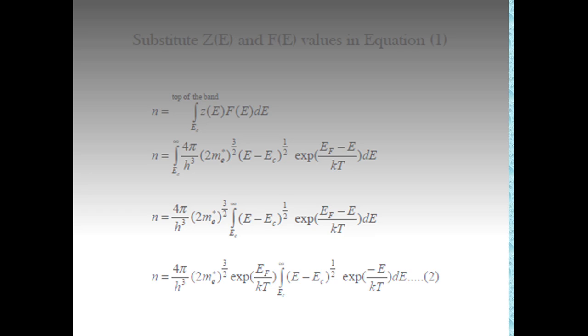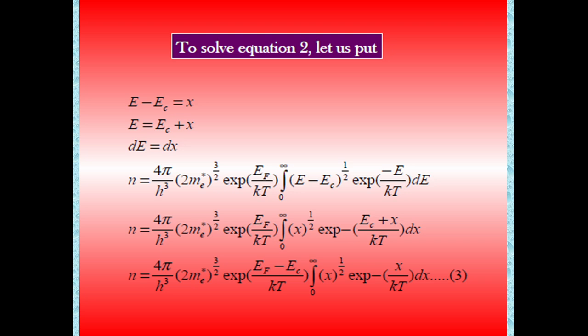Therefore, n is equal to 4π/h³ (2m)^(3/2). The exponential term is taken out: e^(EF/kT) times the integral from EC to infinity of (E − EC)^(1/2) e^(−E/kT) dE. This is equation 2. To solve equation 2, let us put